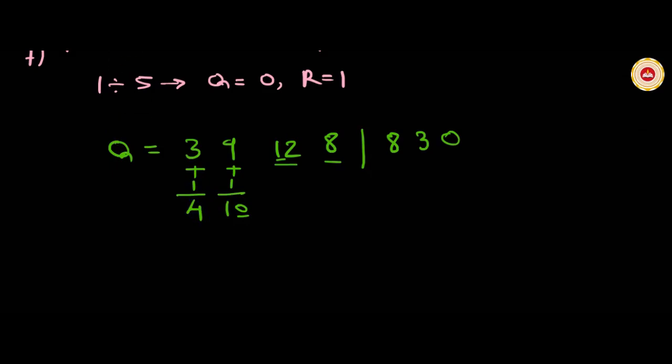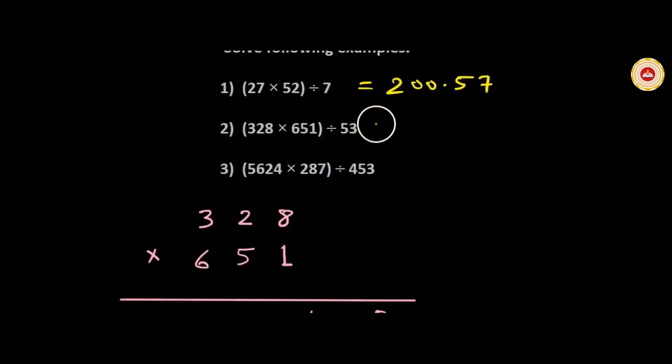So write the final answer. Quotient is 4. Write 0 from second part. Write 2 from third part. Write 8 from fourth part. Now decimal line, so give a decimal point here, write 8, 3 and 0. 4028.830. So let us write the answer here, 4028.830.